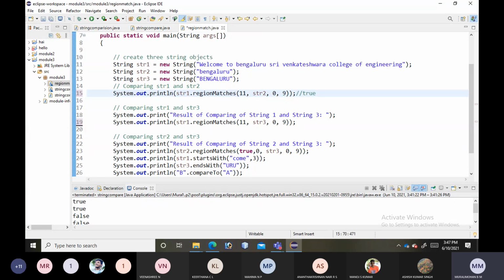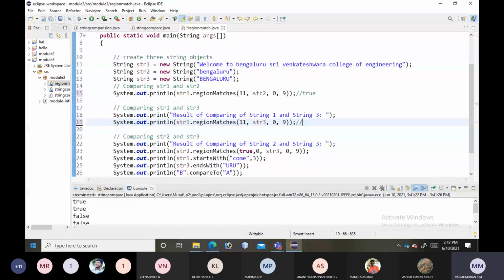Okay, so this should print a true. Is it clear? Now, with the second one, you just try to predict the output. What is the output of this one? False.